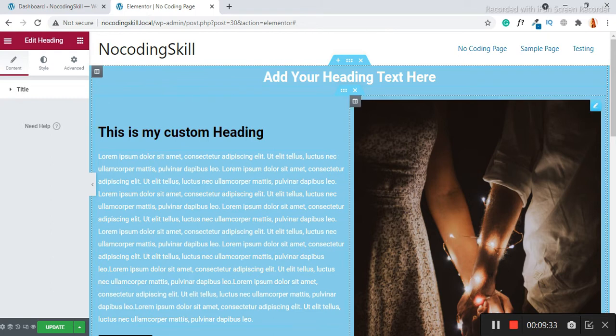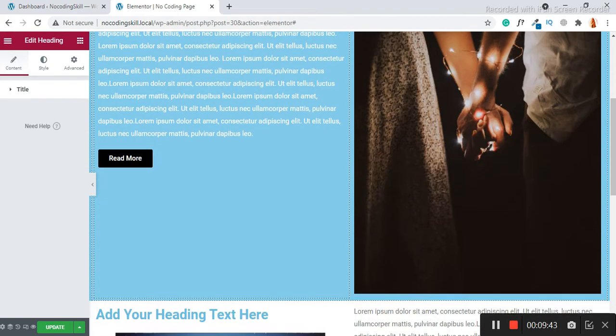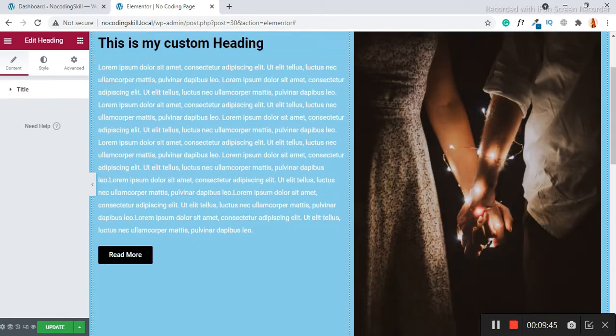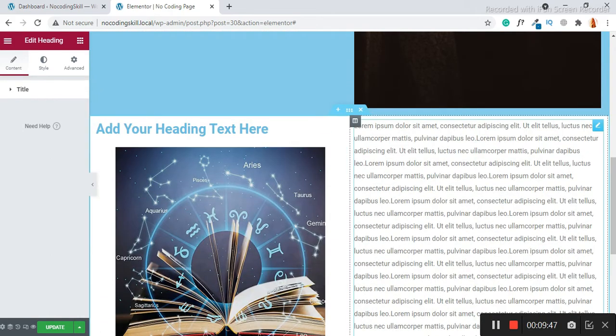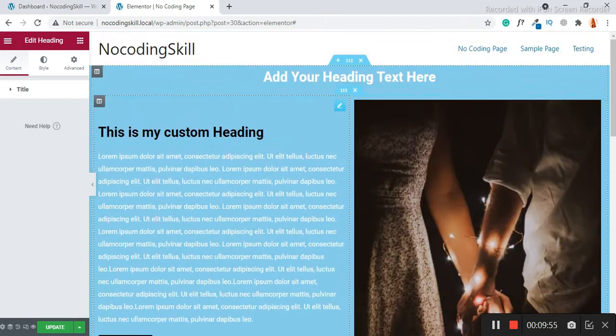Now you can see this heading is inside this whole section and above these inner sections, above these two columns. But here we can't make a space above the columns. So this is the difference between two columns and inner section.